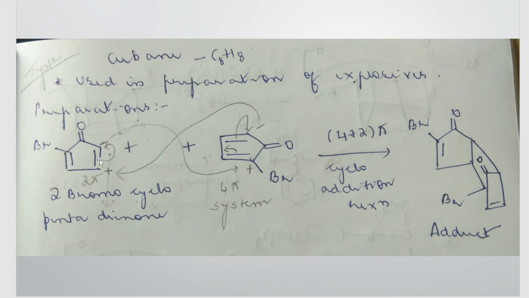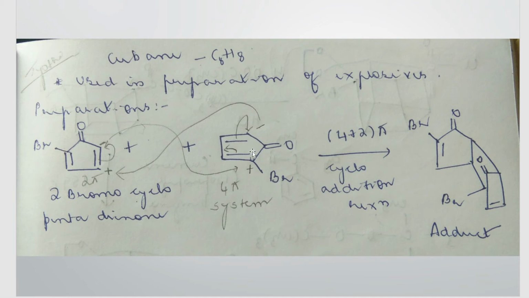So here you're shifting this pi bond towards this carbon. So this carbon will get a minus charge and this carbon will get a plus charge. Same way here, you're shifting this pi bond here. So this carbon will get a negative charge and this carbon here will get a plus charge. And in order to neutralize that charge, another pi bond shift will take place. So there won't be any charge over this carbon, whereas this carbon will have a plus charge now because it will be left with only 1, 2 and 3 bonds, because this bond is shifting here.